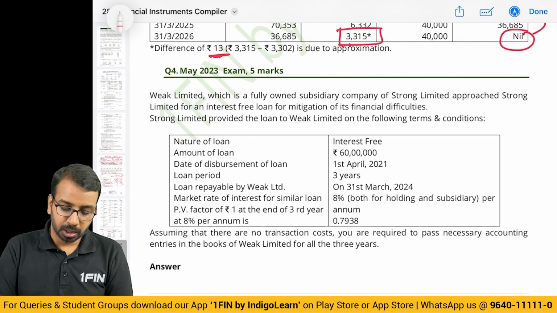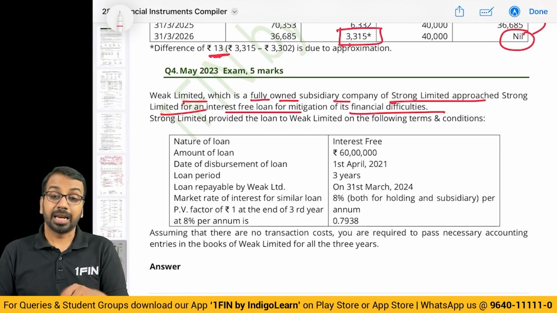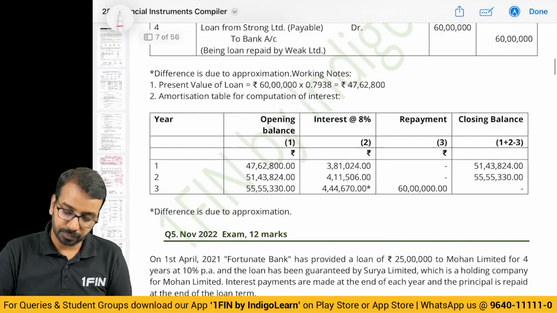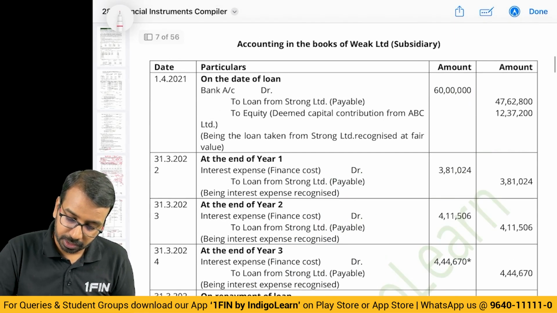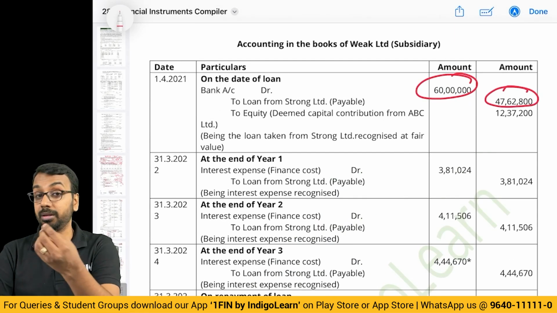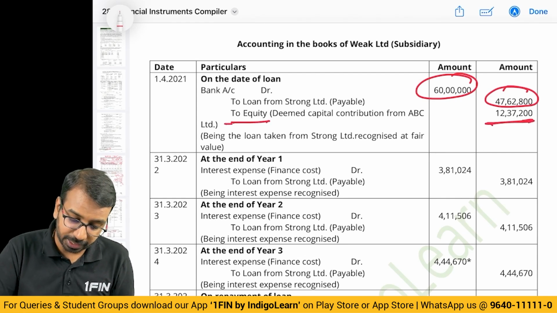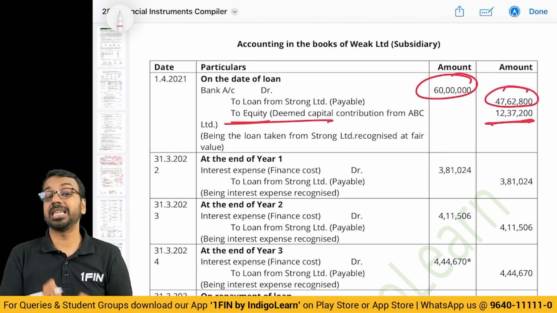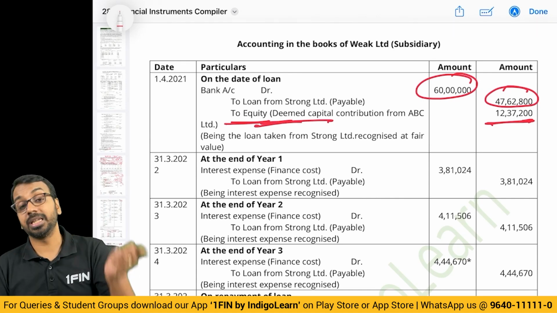Then Weak Limited, which is a fully owned subsidiary of Strong Limited, approached Strong Limited for an interest-free loan to mitigate its financial difficulty. Now, when that happens, what you will do is the present value of the loan, 60 lakhs is the loan, present value of the loan is 4762. I hope by now you would be comfortable in calculating this. The difference is credited to equity. So when the subsidiary receives an interest-free loan, the difference will be credited to equity,